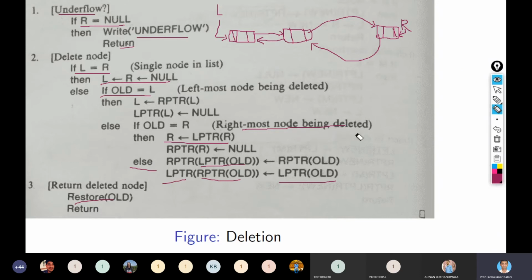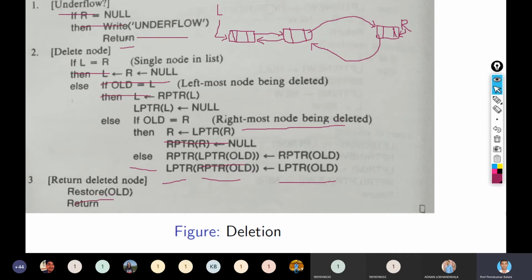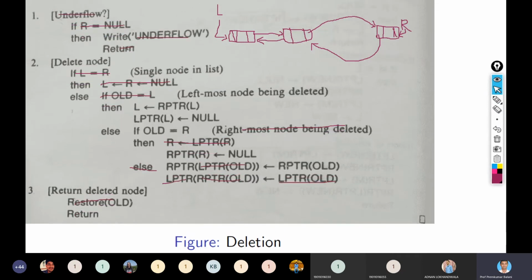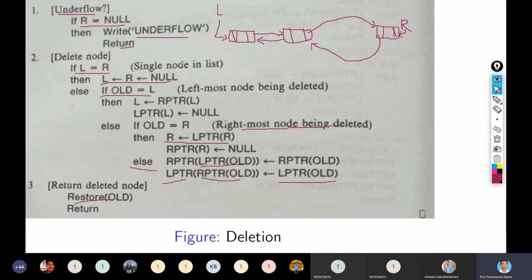Any questions? So let me, I think, go ahead. Any questions? Have you understood? Roll number 37, 44. Yes, sir.